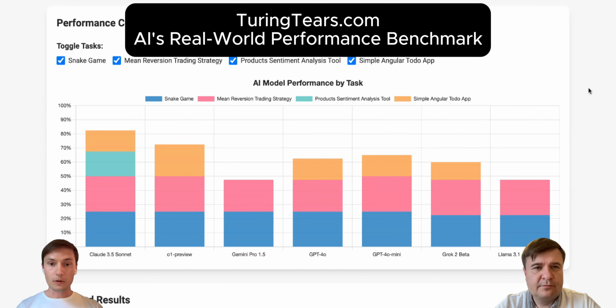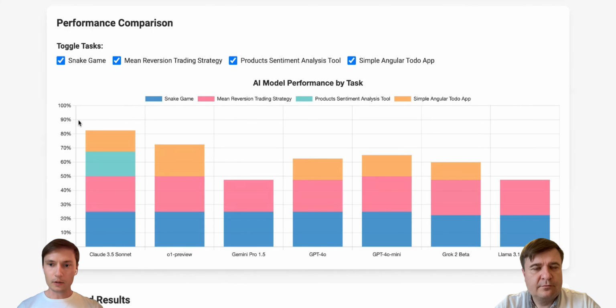This is how our benchmark looks. It's our homepage, TuringTears.com. Feel free to visit it and check it out for yourself. We have leading models that we are testing with use cases. For the start, we have chosen 4 categories, and for each category, we have one simple use case. So we have one game, one trading strategy, one business task, and one productivity